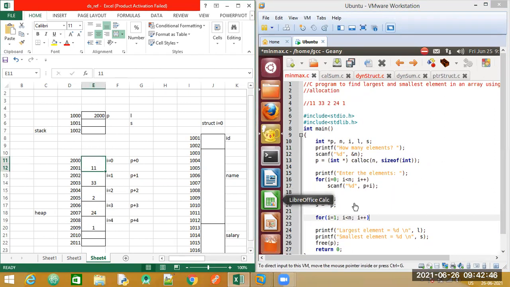If you have a look at these statements here, L is equal to star P and S is equal to star P. The first element is already taken. So we need not compare the first element with itself, right? We have to start from here. We need to compare these elements with the first element. So we will start our loop from I is equal to 1 and go up till the nth element in the list.